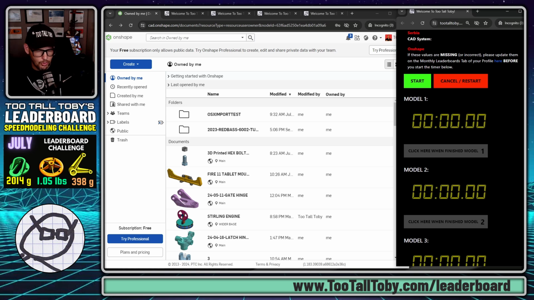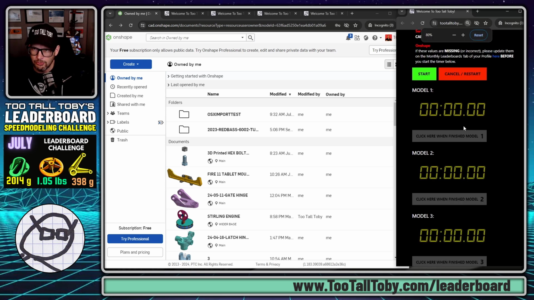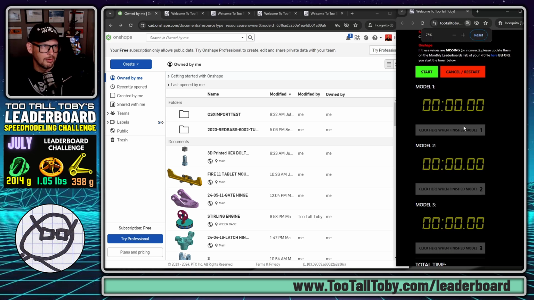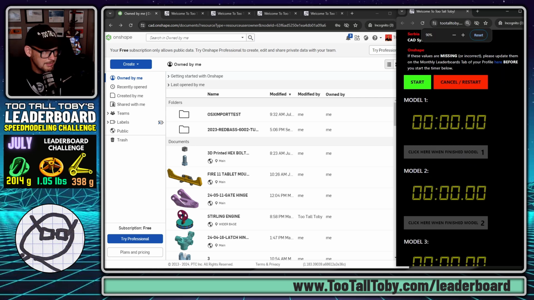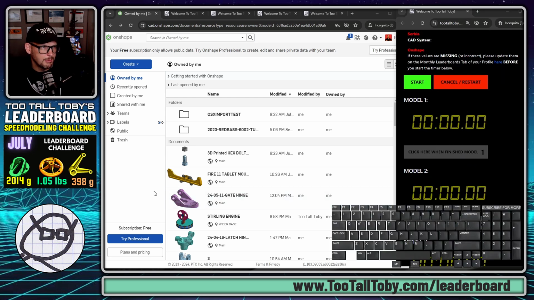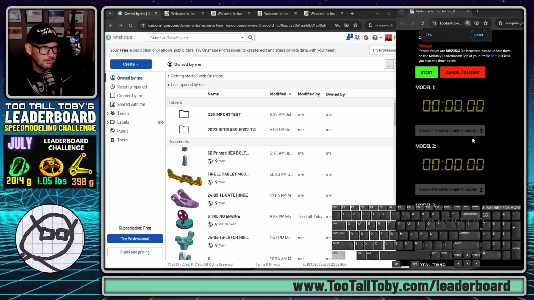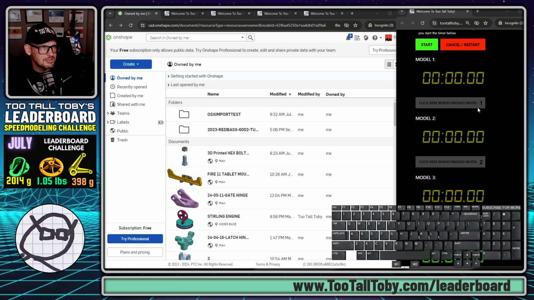Now, a little trick here, if you hold Control and use the mouse wheel, you can make this clock a little bit smaller, a little bit easier to see here. Let me bring up my keyboard here so you guys can see this. So there's my keyboard. So I'm holding Control, and then I'm using the mouse wheel. I'm scrolling the mouse wheel a little bit here. So we can make this clock just a little bit smaller,